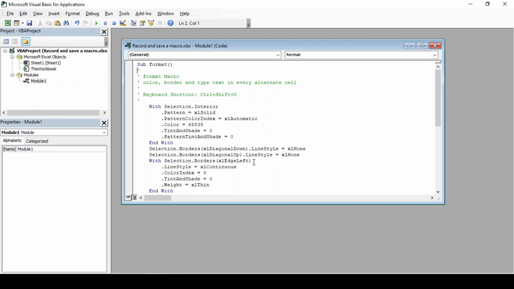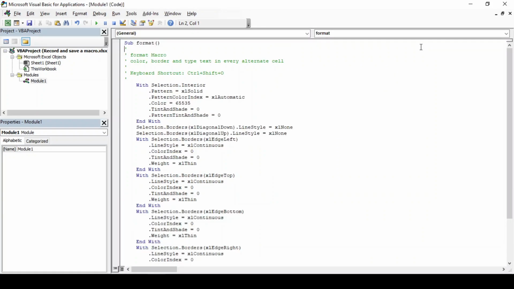So, whatever steps we had performed while recording the macro got recorded in the form of VBA coding. Now, if you are not a developer, this part will be a bit difficult for you to understand, but I'll explain this in brief just to make you aware how macros are recorded in coding language.